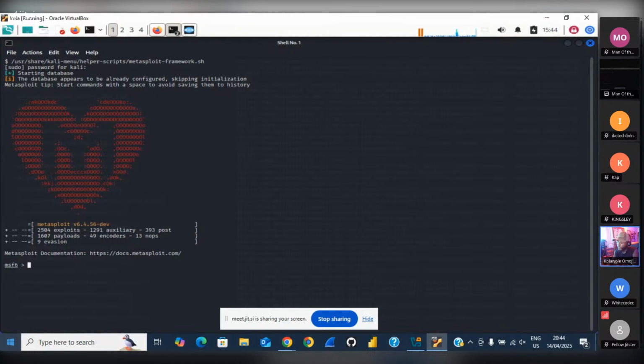And I don't want it to be Windows. I want it to be either Linux or any other operating system, because Windows is very easy to see. When you come to this place and you say search, or you say show payloads,